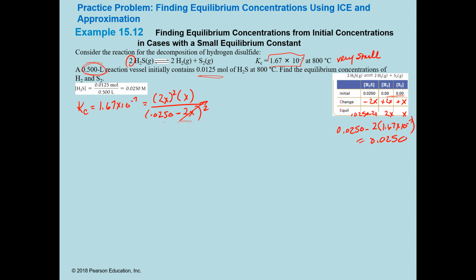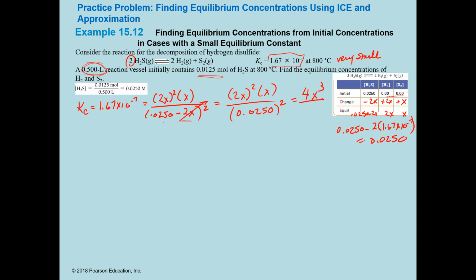So I'm going to use the approximation on this, which means when I do this calculation, I'm really going to do it as 2x squared times x divided by 0.0250. So I'm leaving that minus 2x off of there. Okay, and make sure you do this right because this whole thing is squared. So that's like 4x squared times x, which is 4x cubed,